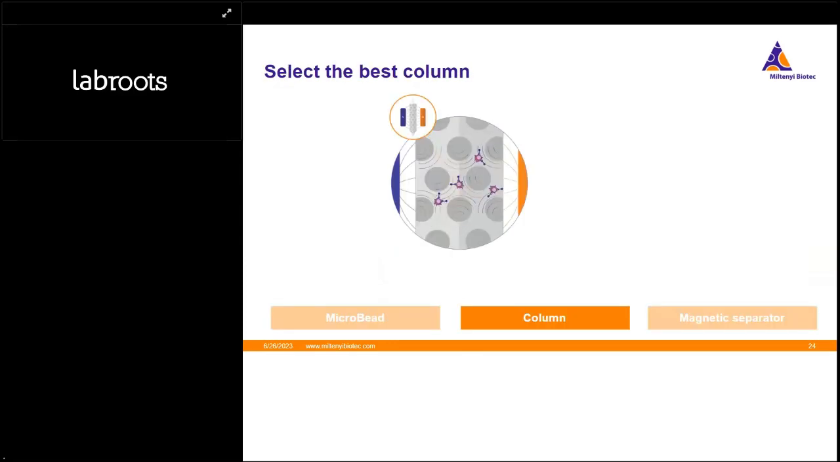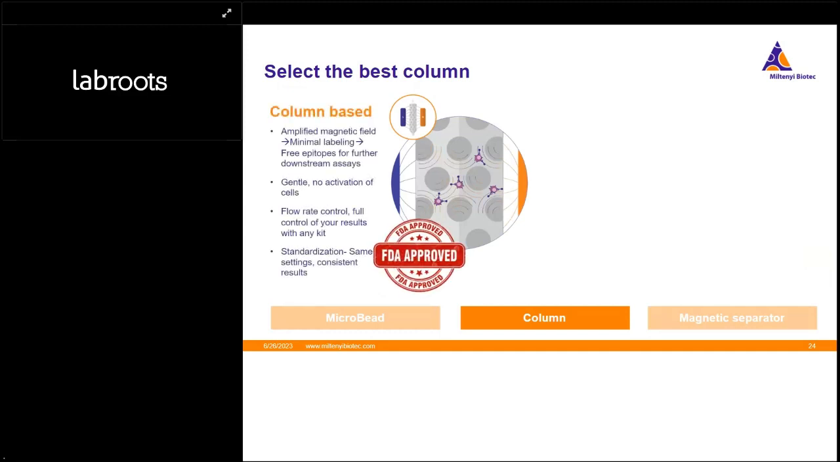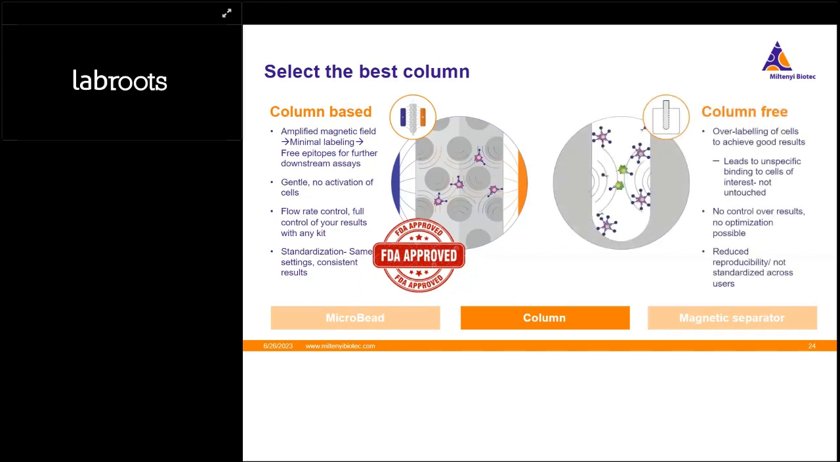And because of that, our column-based system is approved by the FDA for clinical applications, where we can literally use this technology to do cell separation ready for something clinical, such as gene therapy, as well as regenerative medicine. Whereas in a column-free system, it is really difficult to achieve that level due to the safety issue or non-specific cell activation. So with that, I have introduced to you how the column system for magnetic separation works